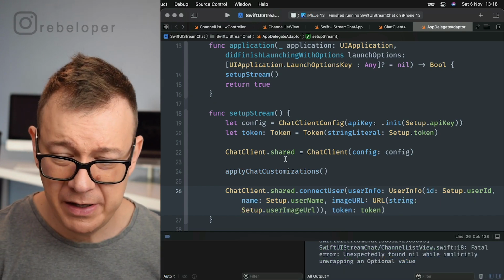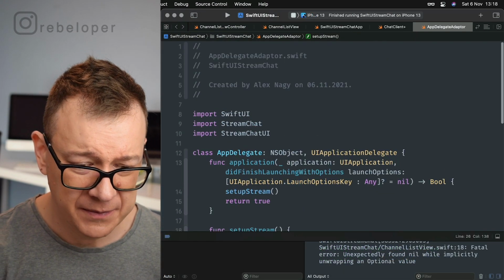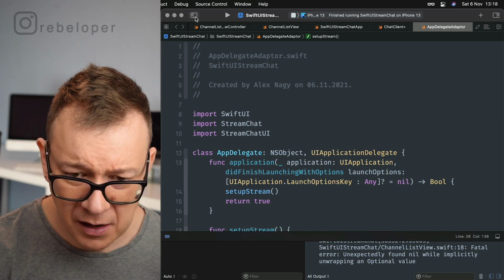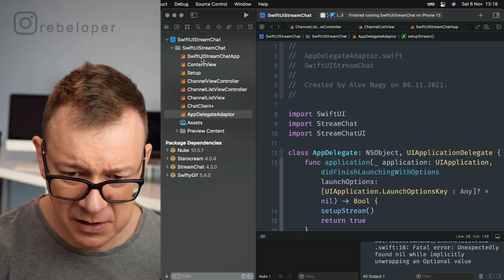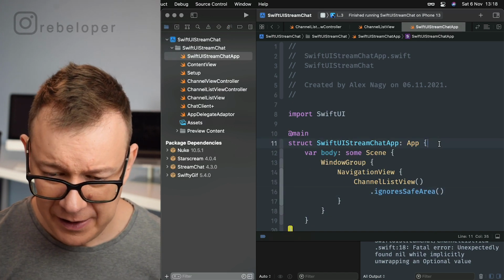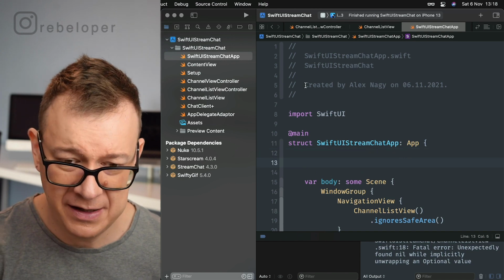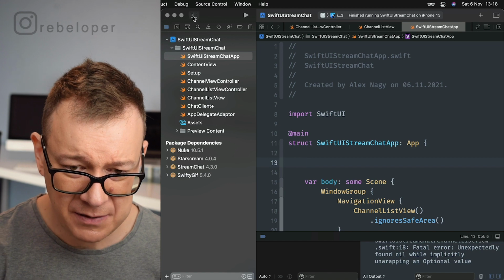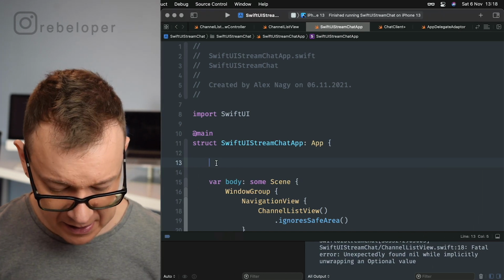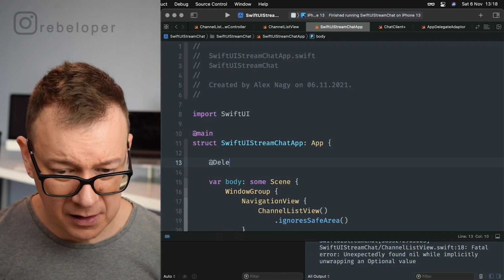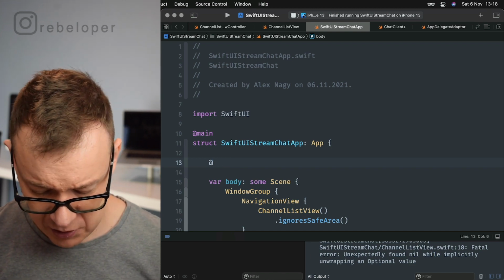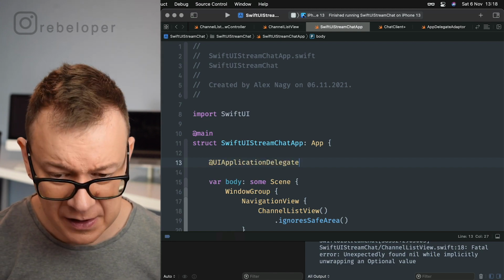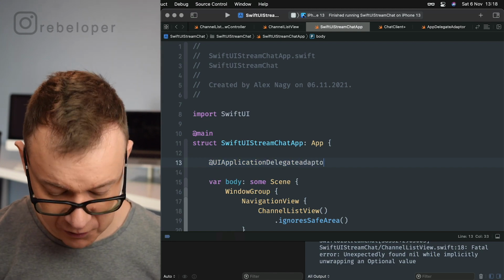So finally, we want to use this app delegate. And that is done inside our app file that is right over here. And here we are just going to create it as a UIApplicationDelegateAdaptor. So let me just move that out of the way and add UIApplicationDelegateAdaptor.